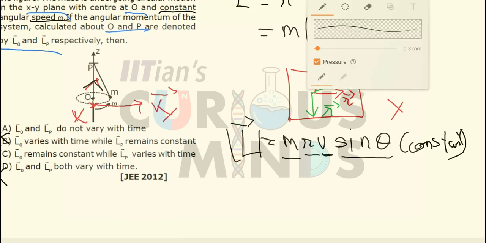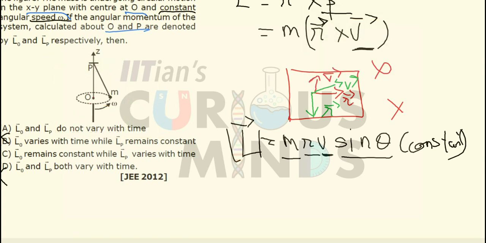About point P, if I erase this part and draw around point P, the velocity vector is again in this direction, perpendicular to this. The r vector is in this direction, so the angular momentum will be perpendicular to them. The angular momentum about P will be in this direction. When the body is situated, let us say, at point A, and then arrives at point B, the perpendicular distance is this, the velocity is over here, so the angular momentum will be in this direction.